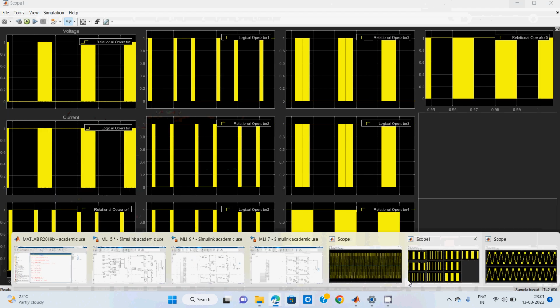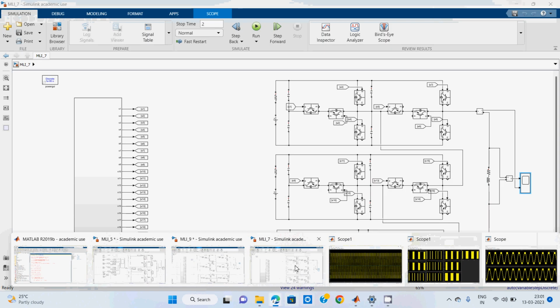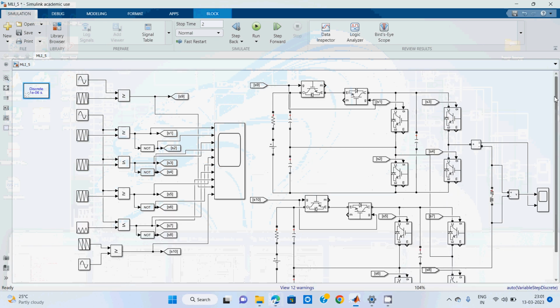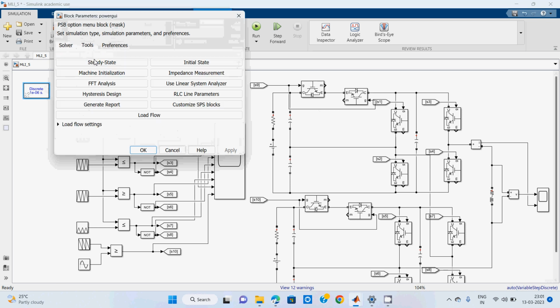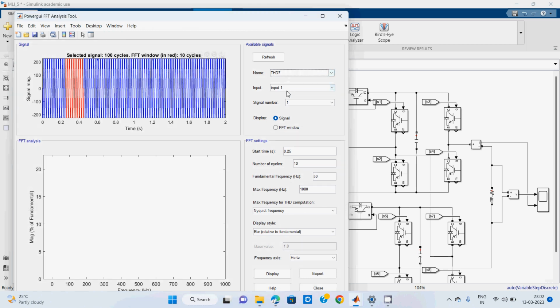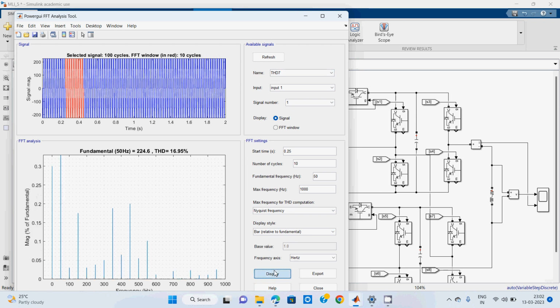So for 5 level the THD value will be 25.4, right? So go to the PS power guide and look for the FFT analysis tool. For 7 level, if you display the THD value, and if you increase the level, the THD value will be decreased. That means here it is 16.95. Okay, suppose if you go through the 9 level, the THD value will be